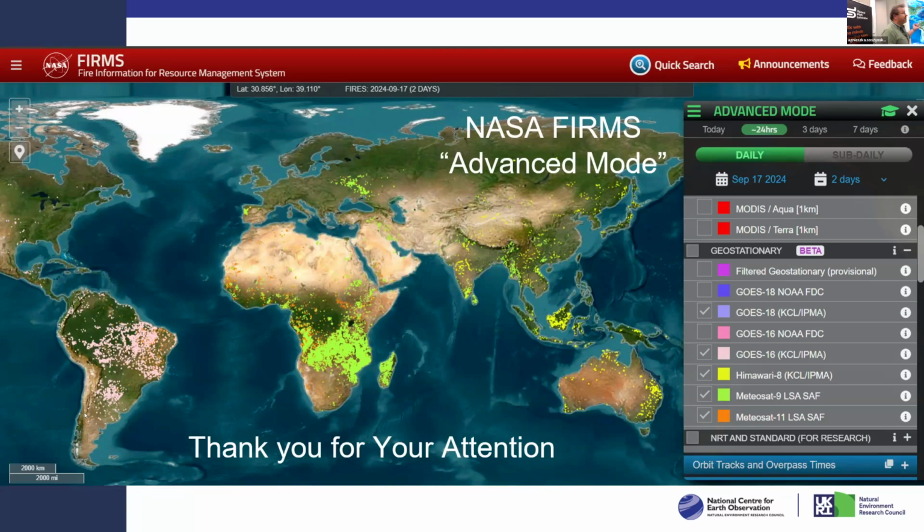And VIIRS has a problem with false detections over a place like China. When they released this 375 meter product, I think they said 40% of the detections were incorrect, because there are lots of large buildings surrounded by cooler paddy fields and things that just look like fires to these algorithms. I'm sure it's going to improve now, but that is one problem: as you go to higher and higher spatial resolution, there are more things that give signals that look like fires at that spatial scale. So you might have to degrade your algorithm performance a bit.